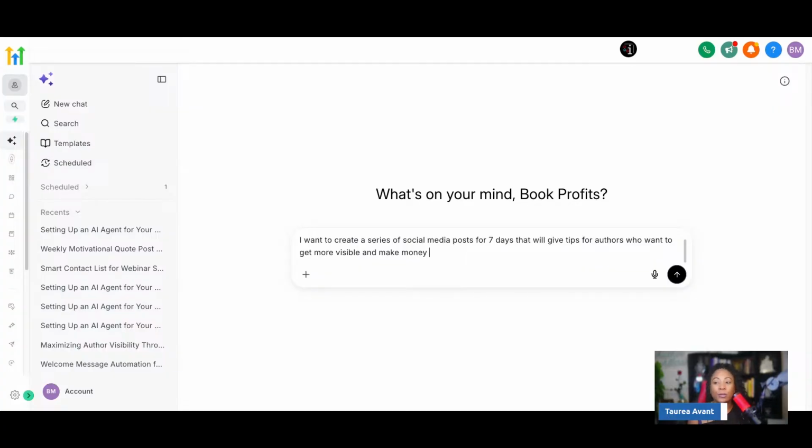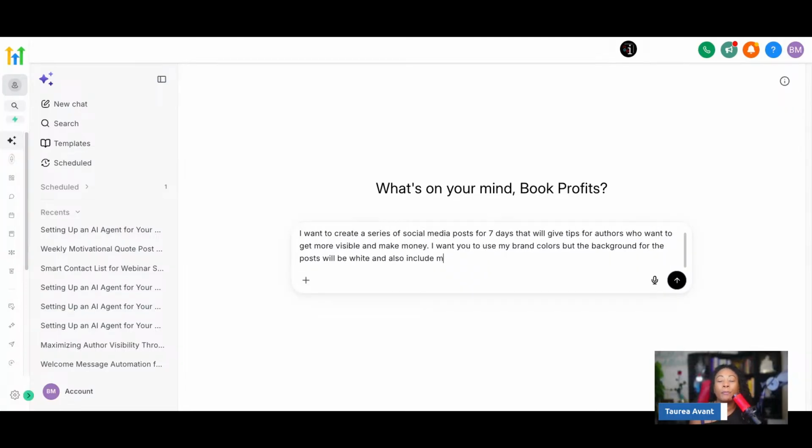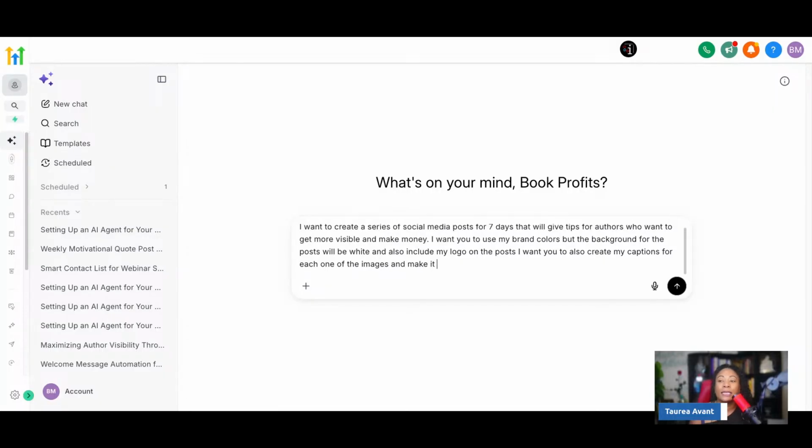And so I want to create social media posts. I want you to use my brand colors, but the background for the post will be white, and also include my logo on the post. I want you to also create my captions for each one of the images and make sure it gives a call to action for these posts.